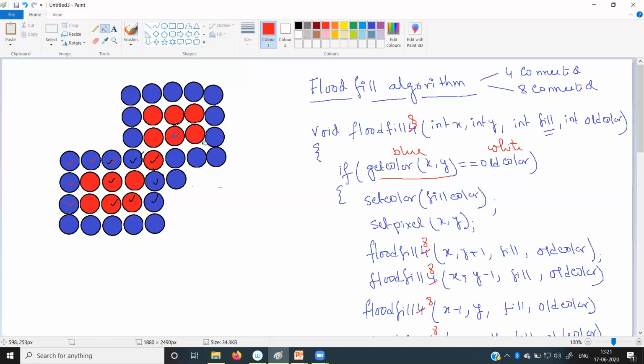And again, the major consideration while you want to implement the flood fill or boundary fill algorithm is that you have to select a pivot point, which is called the seed point. The selection of the seed point is very important. The seed point is a point which is inside the polygon. If you select a point over here, this is our seed point, and if you wish to fill up the polygon, in that case the entire region will be filled by the color.